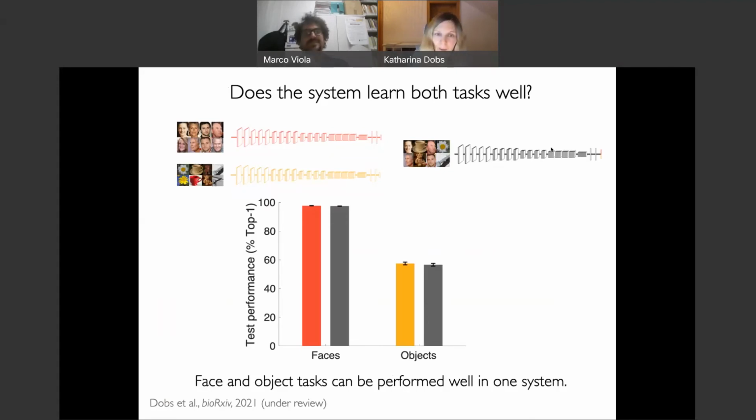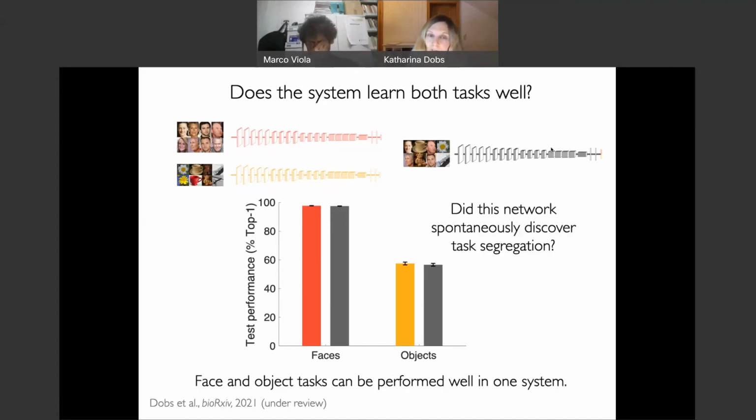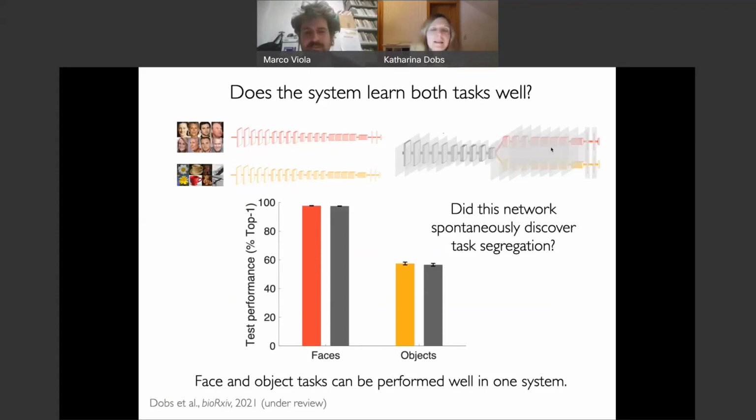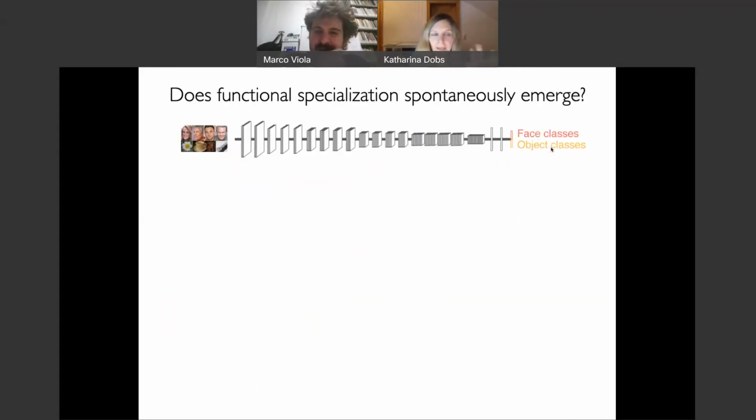point of view. But then there's an alternative hypothesis or alternative explanation, which is, what if this network spontaneously discovered task segregation? So what if you look inside the network, what you find is that some units start to specialize to process faces and other units start to specialize to process objects. So we wanted to find out, of course. Another thing that we can do in these networks is we can look inside, and not just that, we can perform lesion experiments to really find out what is the role of each of those units in the